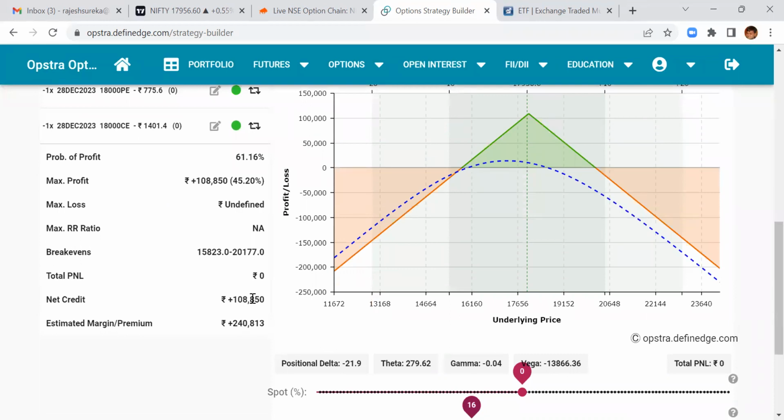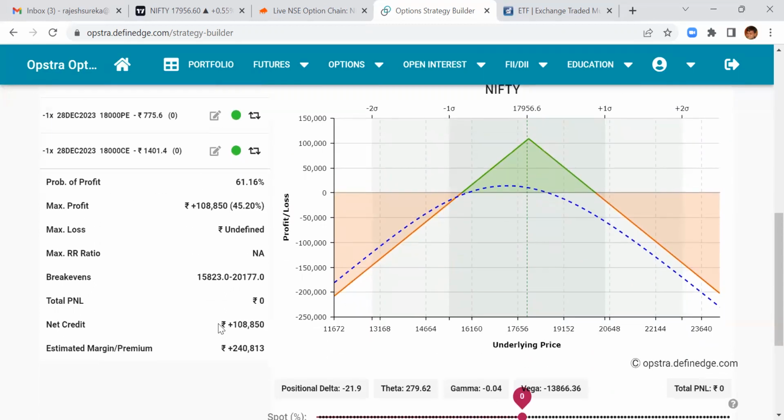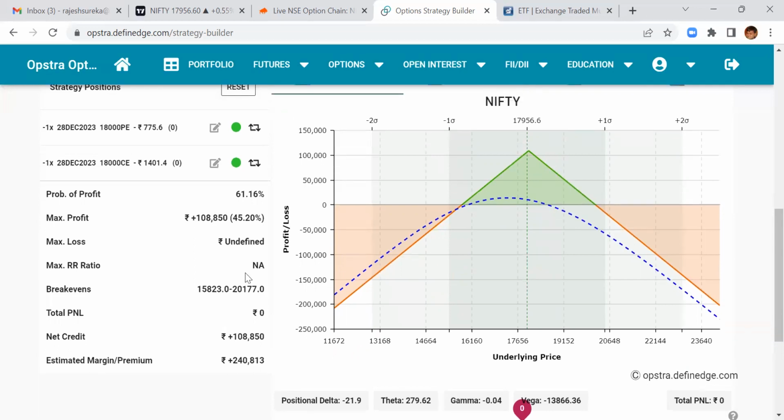Okay, so since 1,08,000 is credited to your account. So this is 775 and 1,400 ka net sum and that multiplied by number of units of that, the lot size essentially. So this will get credited to your broker account. Either you can withdraw this money or you can simply. And that's the cash available with me. हाँ तो 1,30,000 मार्जिन पे आपको 1,08,000 रुपये बना रहे हो आप. So on 2,40,000 which is 45% return, but if you make it 1,32,000, आप इसको कितना हो जाएगा? 1,08,000 divided by 1,32,000, which is about 80% return on capital.